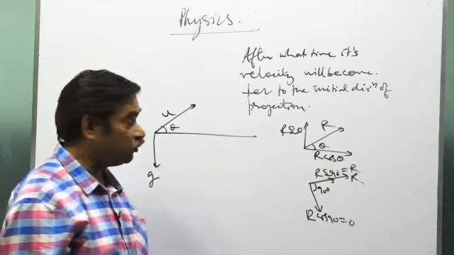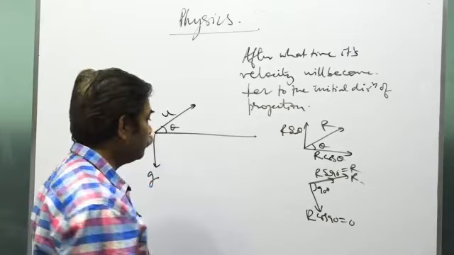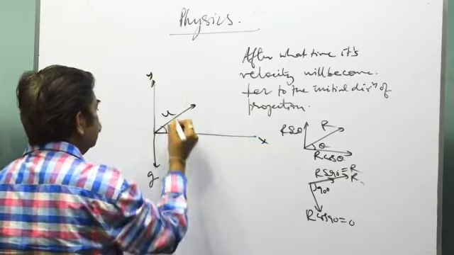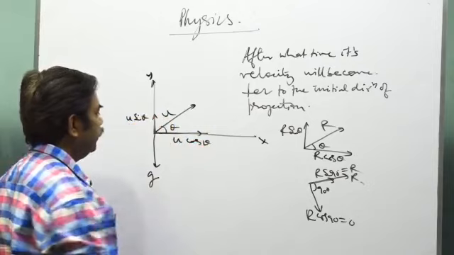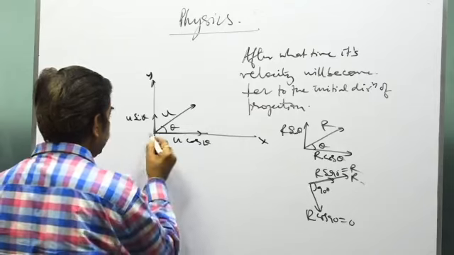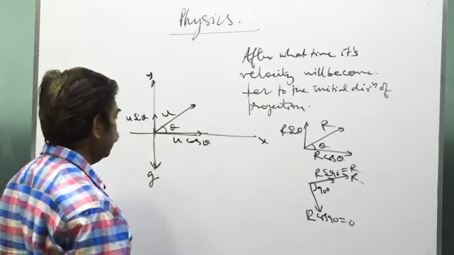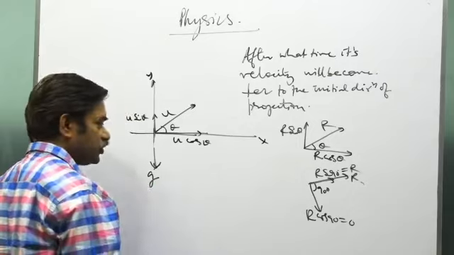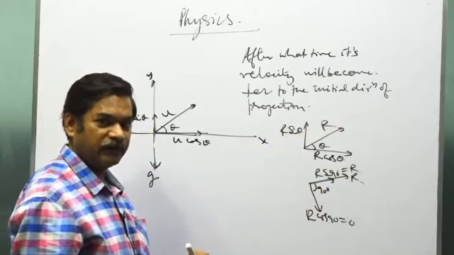Look at this now. If you go for the complete solution in a classical way, this is the x direction, say this is the y direction. So first of all we resolve the u. This becomes u cos theta, and this becomes u sin theta. Because g is already along the y direction, that need not be resolved. That was the basic way of solving the 2D questions. Now see what we do, we write the initial velocity. We'll use this in solving the question in relatively lesser time. That will be a trick.